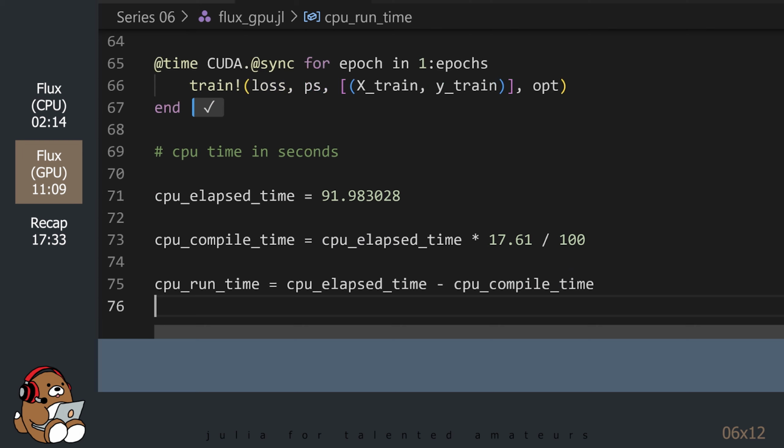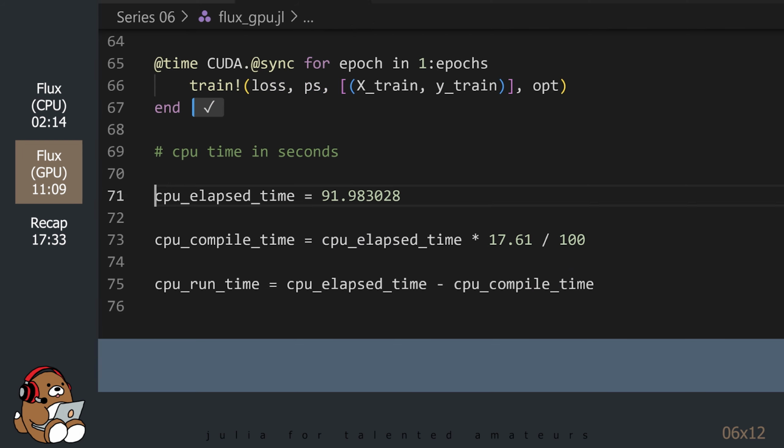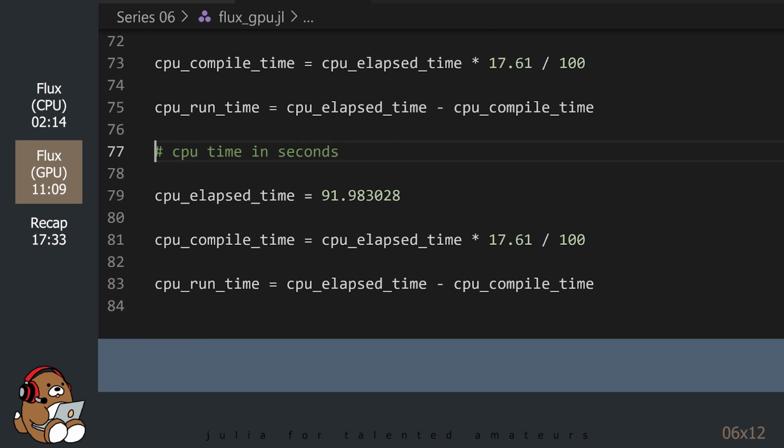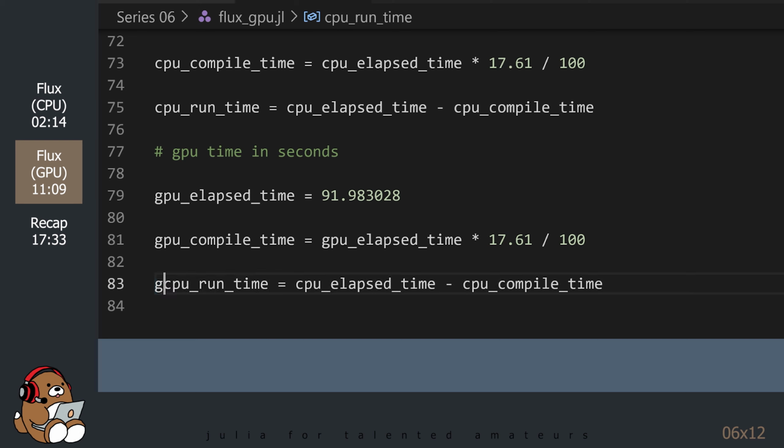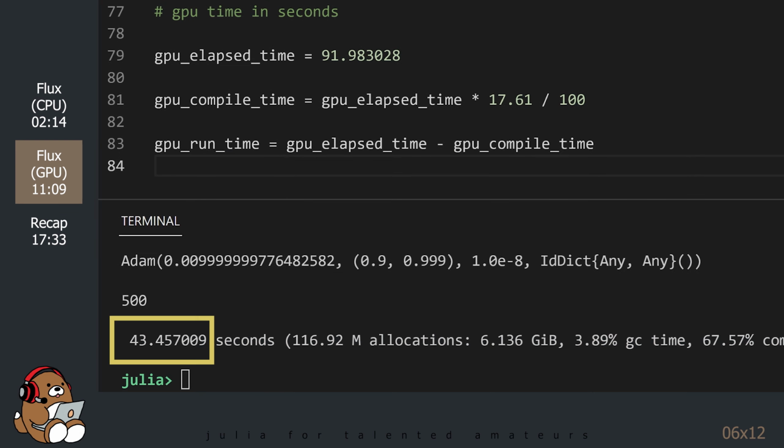Back in your editor, copy and paste the code for the CPU times and replace CPU with GPU. And then replace the times with the GPU times from the REPL.